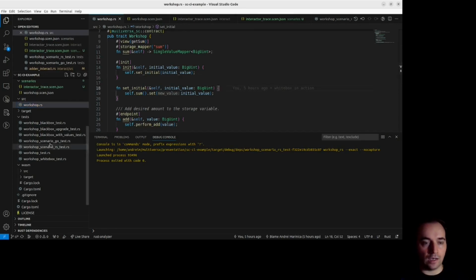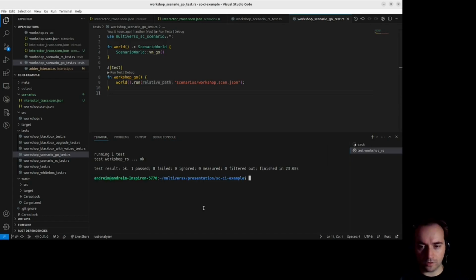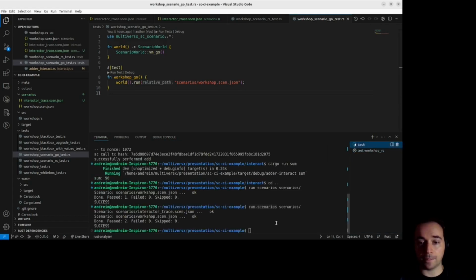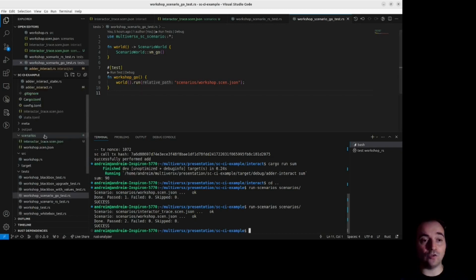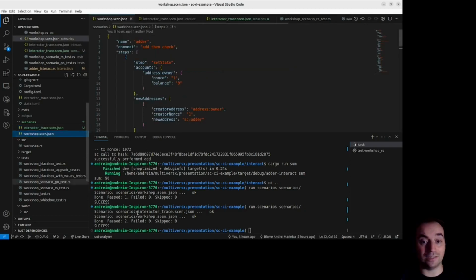Okay, now, it can be a bit tedious to maintain these files by hand. In this example, in the initial version of the smart contract, we only had one scenario, so it was easy enough to set up. But you might have dozens, even hundreds of these scenario tests in some of the contracts. So we actually have a handy tool that I want to show to you to help you build these scenarios. So assume I just ran the interactor and I want to add this new scenario to the test suite. And there's this